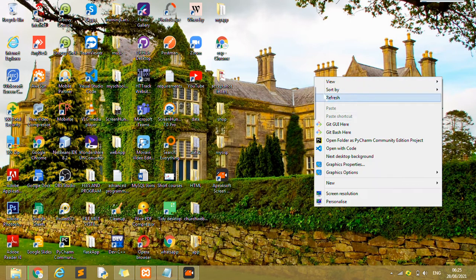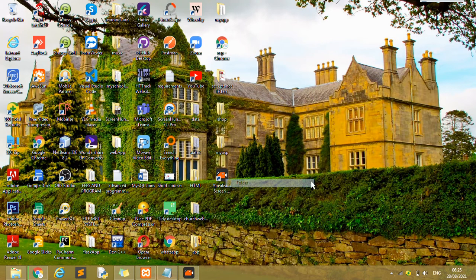So the first thing I'm going to do is create a folder on our desktop here and call it CMD program or CMD. So we're going to learn how to start using CMD for programmers. Okay, so let me just utilize a few minutes to explain this to you guys.